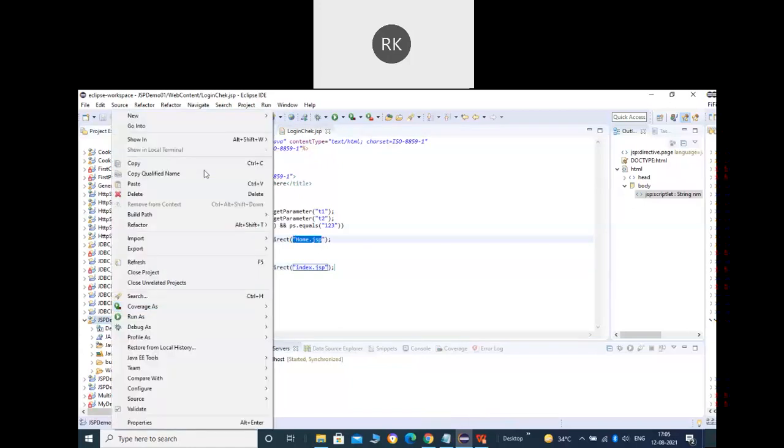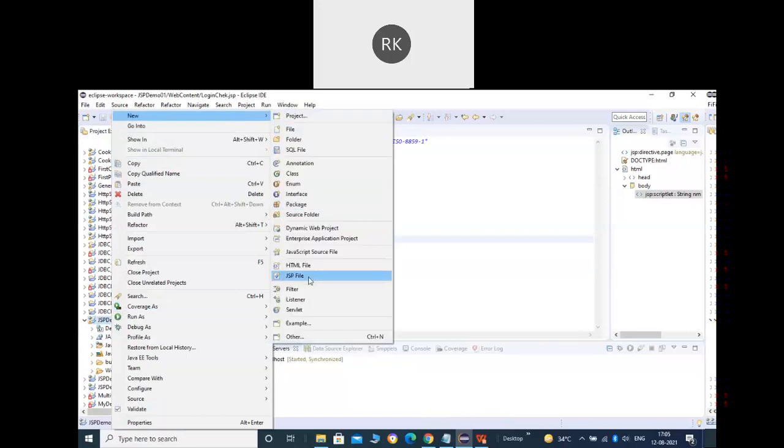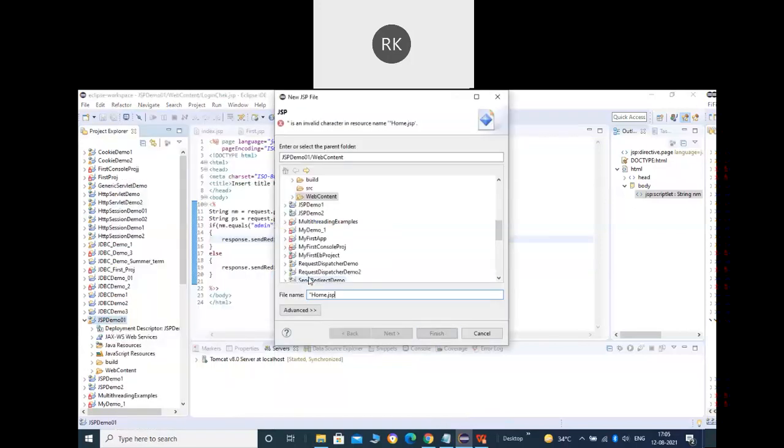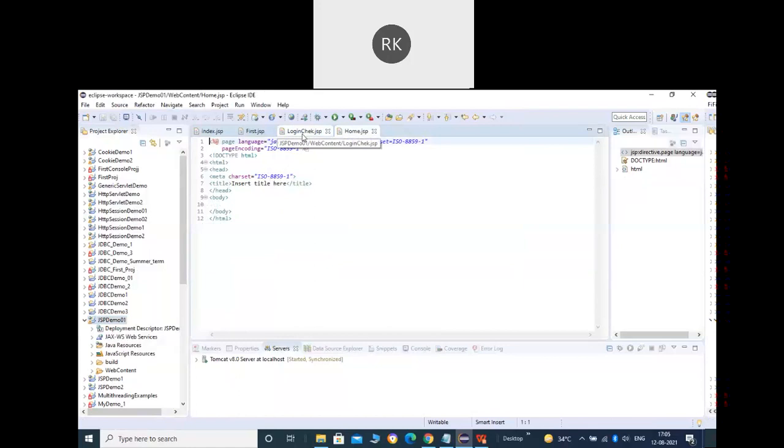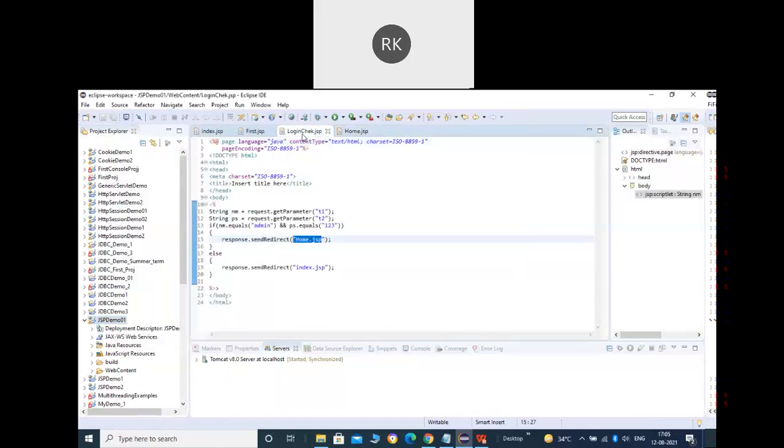Index.jsp. Or if you want to combine the output of login check with the index.jsp, you can use the request dispatcher that we already know. We can use the include method of that. And now what we can do is define the home page there. You can see all the pages I have defined here as JSP pages.